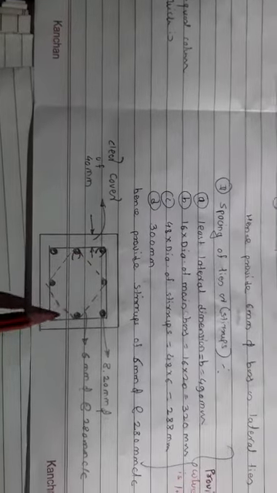So this is the final sketch we are getting after the design of the column. We are providing these main steel bars, which are 18 in number, and these are your lateral ties or stirrups, and this indicates the clear cover to the column, which should not be less than 40 mm or the diameter of the main steel bar. So here we are assuming the clear cover as 40 mm. So this is regarding the design of the RCC short column.